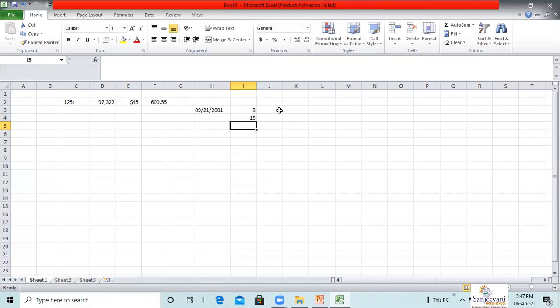Next, you can also input text. Data which is not recognized by Excel as number, date, time or formula is treated as text. Text is any combination of letters, numbers, symbols such as slash, minus, question mark, or space. By default, all text entries are left aligned in the cell. You can also change the alignment afterwards. The text values are left aligned in the cell.